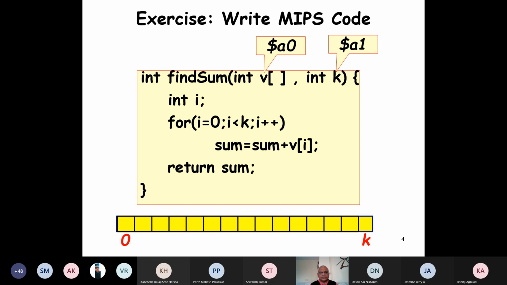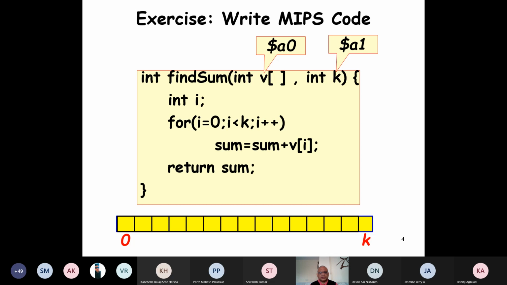Our work is to write this simple routine, just one for loop, where we add all the elements one by one, get them from memory, add them and accumulate them in the sum, and finally return the sum. To return the sum, we'll have to copy it to the V0 register.